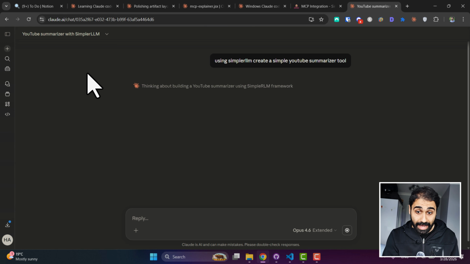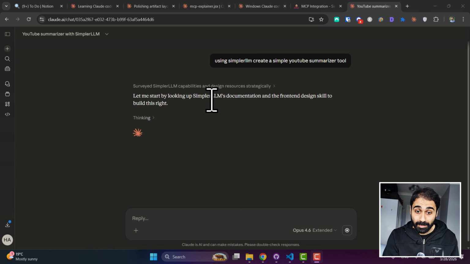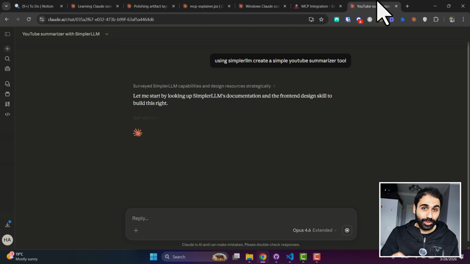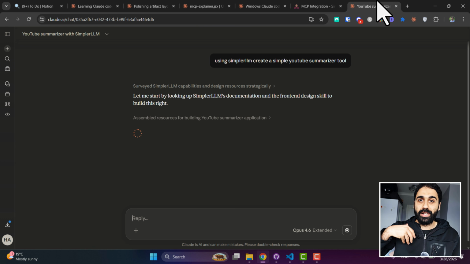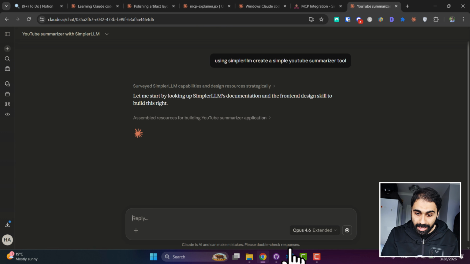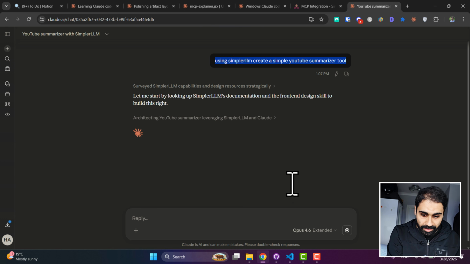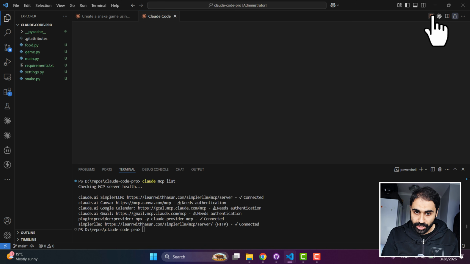Enter. It will automatically go and scan Simple LLM documentation. It will automatically read it from my website here through the MCP, so you don't have to worry about the documentations and how you can inject them in the code and how to tell Claude about it. It will automatically read and build based on documentation, and this is very important. The same is here. If you go here and copy the same command to Claude and open a new session,